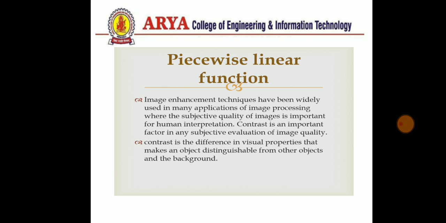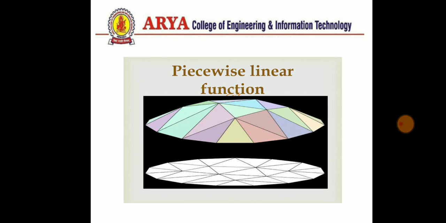So it cannot be applied to an image as a complete piece. It can only be applied to an image in a piecewise or linear manner. First we have to cut the image into some parts, then operate on each part individually. We perform this function on every part of the image to convert the grayscale image into a color image. So this is the piecewise linear function, which performs the task in a piecewise manner.